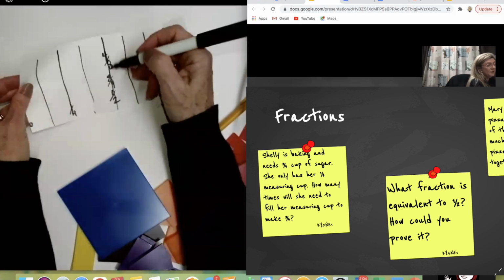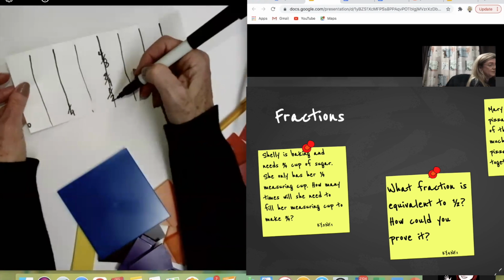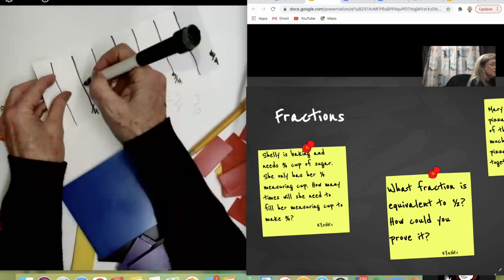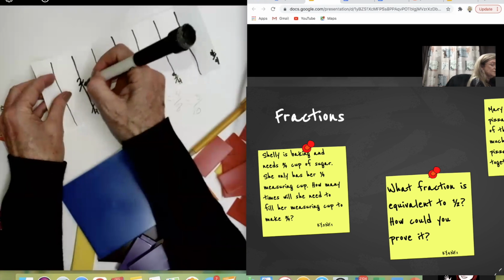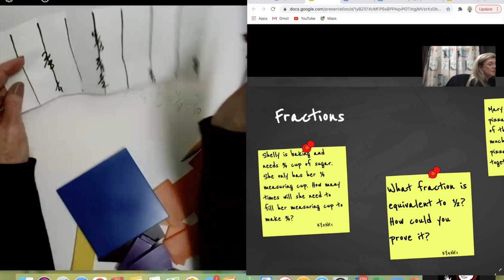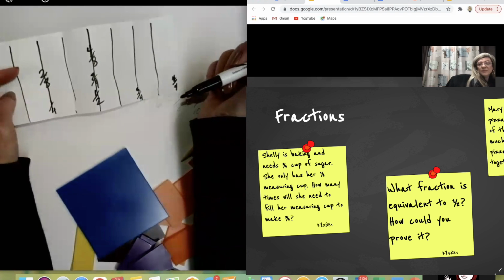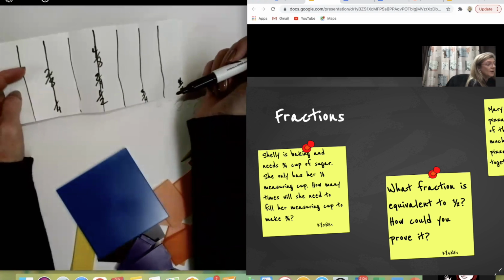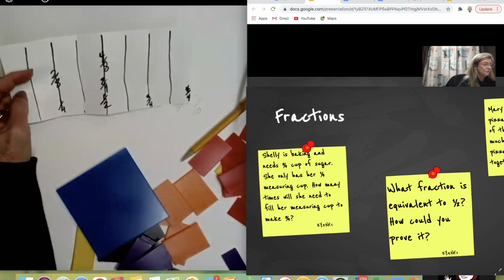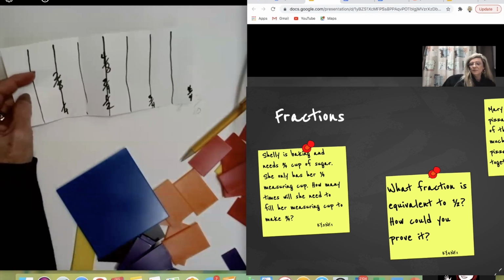here you can see what's equivalent, and actually 2 8ths. We'll go ahead and label this one so you can see what's equivalent there. The ones that fall on the same line are equivalent. So it's a good way for the kids to discover on their own what equivalent fractions are.